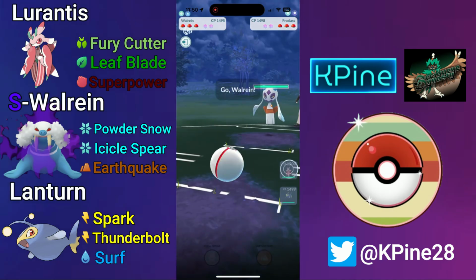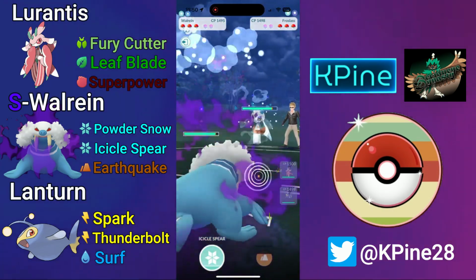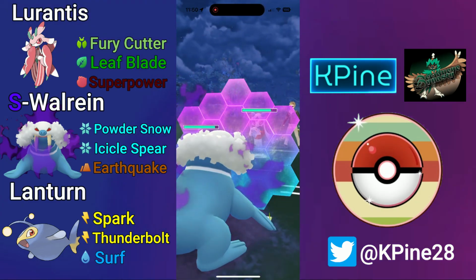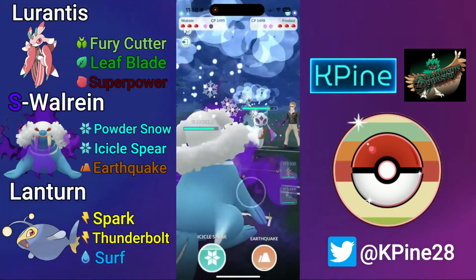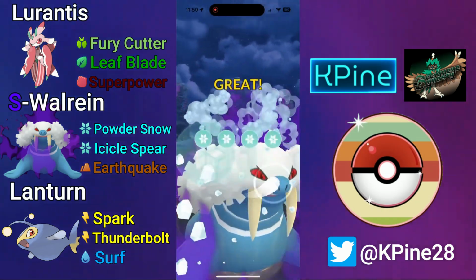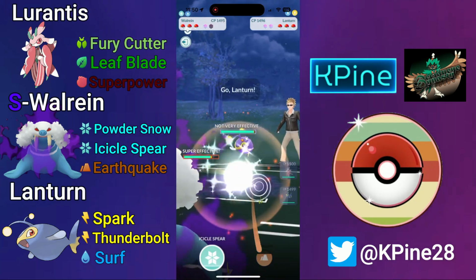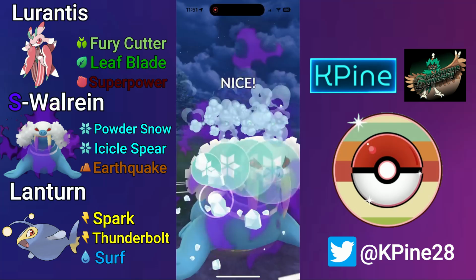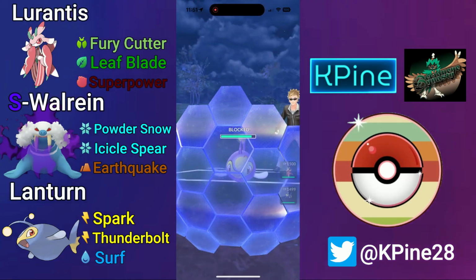GGs. Froslass lead. So again, same thing as I said earlier. You're going to want to stay in, throw that Leaf Blade first against the Froslass, and then dip into your Walrein. Here, my opponent's going to go straight for the Shadow Ball, and we are going to bait with an Icicle Spear right back. Everybody knows Walreins like to bait, and this was no exception, and as my opponent knew as well, apparently. So they catch that Icicle Spear, brings the Froslass to just about half health,